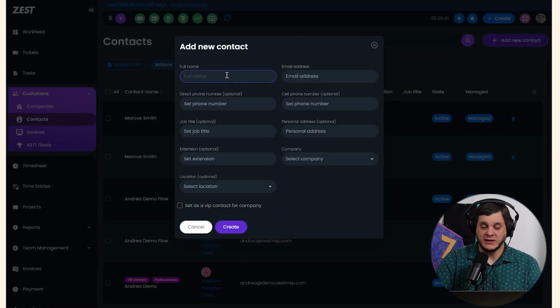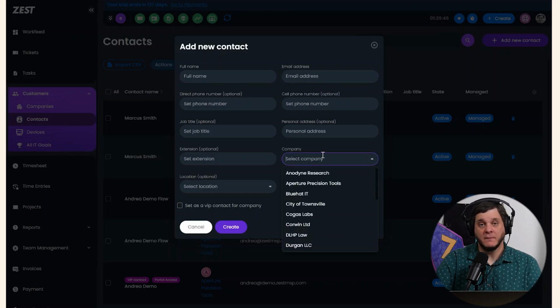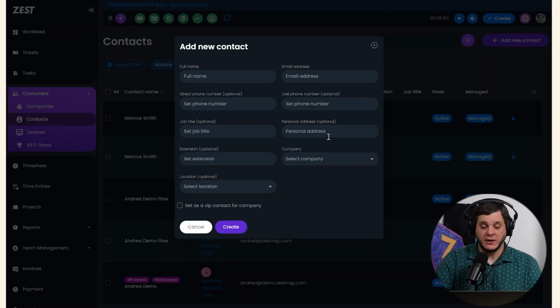You fill out their first and last name and their email address. Those are required. And then, of course, you have to pick the company that you're setting this contact up for. And then optionally, you can add a direct number, a cell phone number, their job title, a secondary email address if there's a personal address you might need to reach out to them at, extension, and location if the company